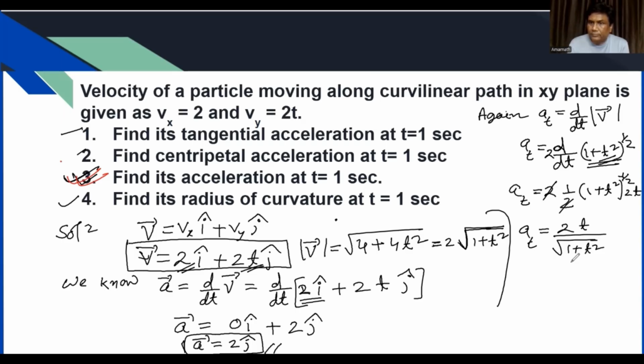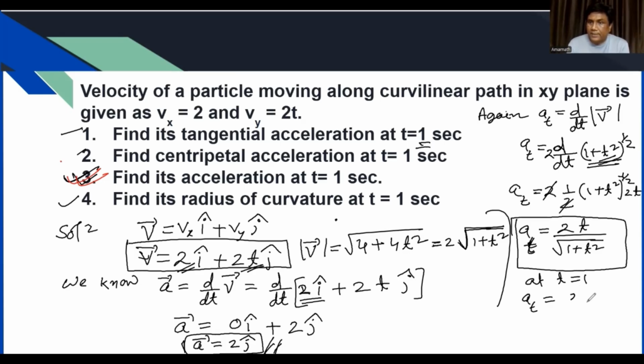So this is the expression of tangential acceleration. Remember, this is the expression of tangential acceleration. And now you see tangential acceleration is not constant. It is time dependent. You see, at different time it will be different. So what they are asking at t equal to 1 second. So at t equal to 1 second, at will be